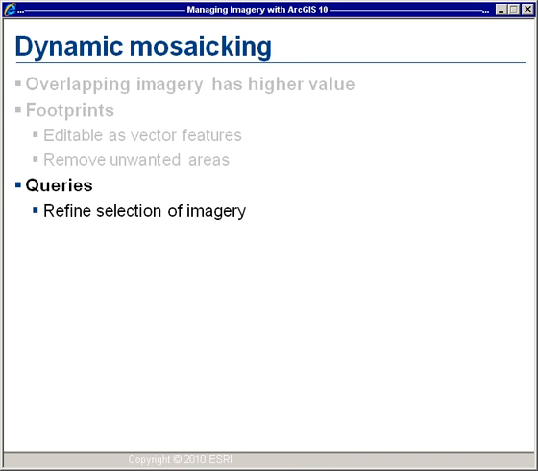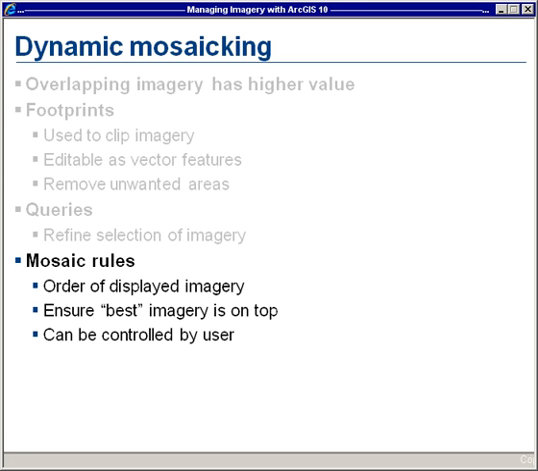Also, users can refine the image that they view by being able to define queries based on the values in the attribute table. And there's also a set of mosaic rules used for the dynamic mosaicing. These help define the order of the imagery in the mosaic to ensure that the best image is displayed on top. When you set up a Mosaic dataset, you can define the default mosaic rules, but the user also has